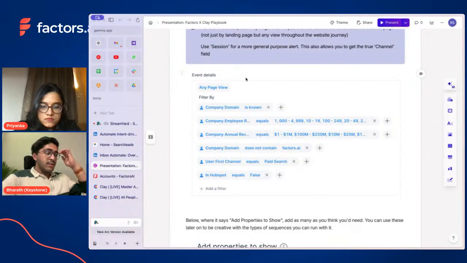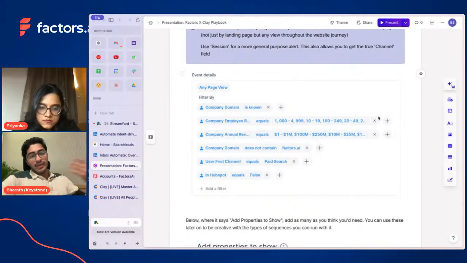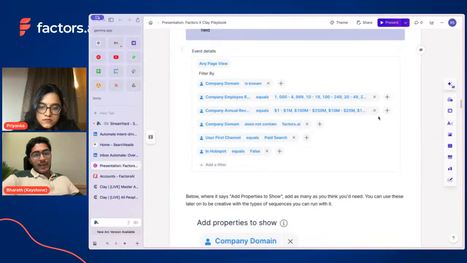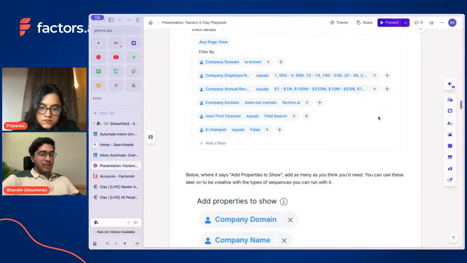When you have an anonymous company that you don't know and they haven't filled out the form yet, Factors is first de-anonymizing that, and then we're able to filter, saying do they fit these criteria, or are they of a certain size that I consider my ICP, and you can run it through your exclusion list.